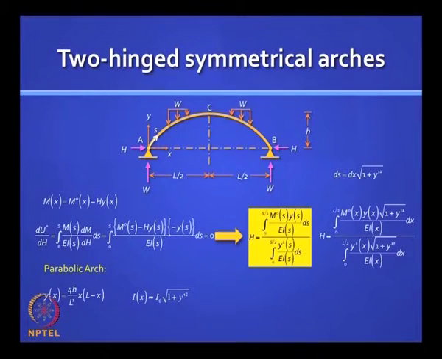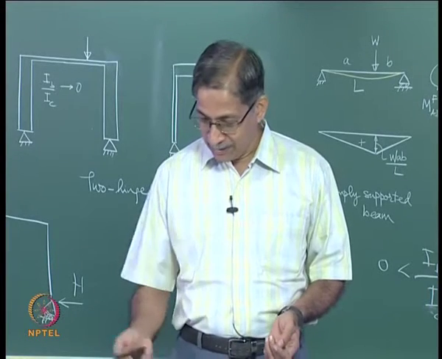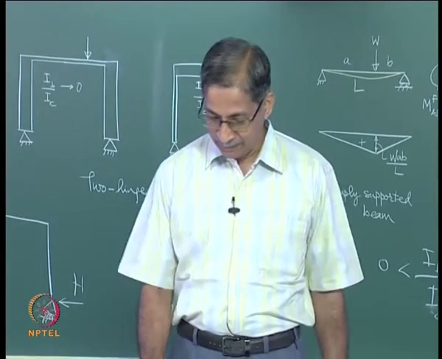If you make this assumption for analysis, how does that equation reduce? That equation now enormously simplifies. Okay, you are now integrating along the horizontal length. You have the equation for the arch and it is symmetric, so you need to integrate only to L by 2. And there is another beautiful thing that you can see, which is independent of the loading. What is that? One, the denominator is a constant. Can you integrate that and tell me the value? It is very easy to do that.